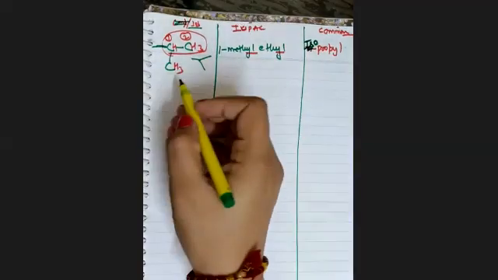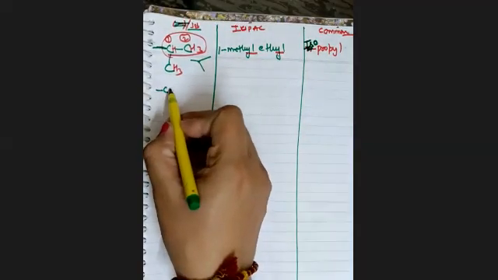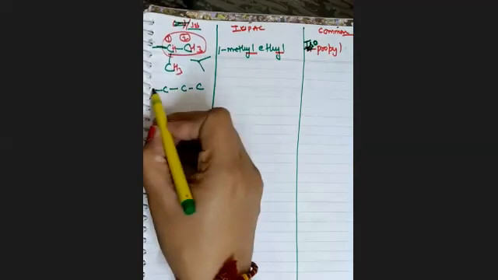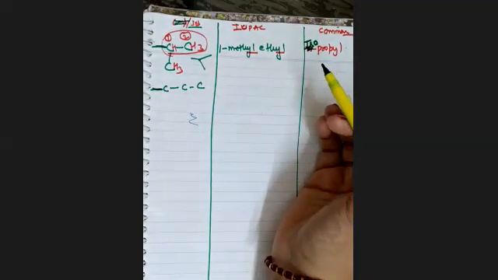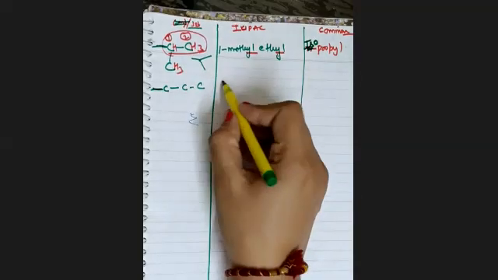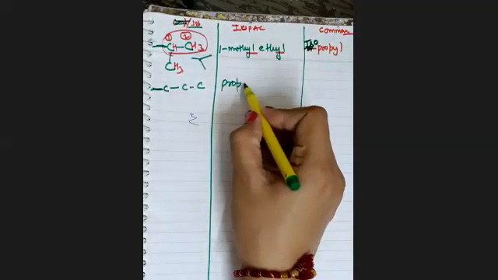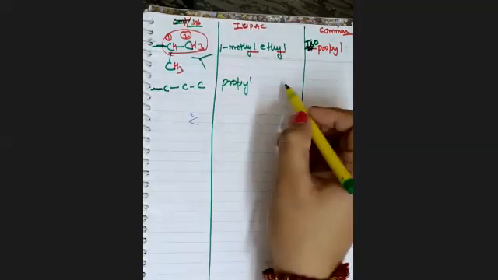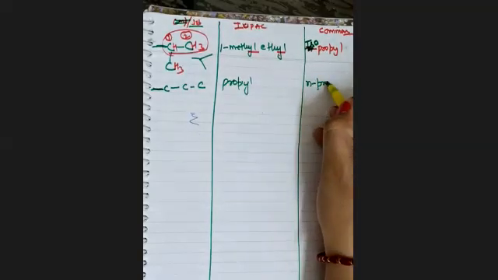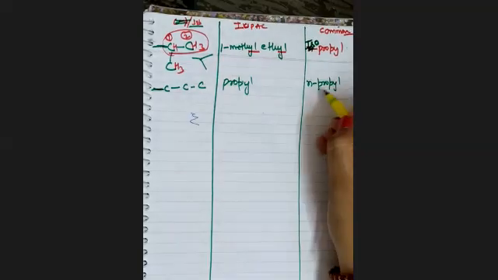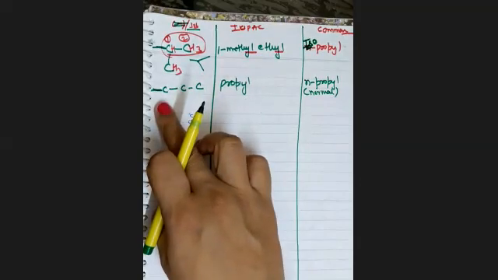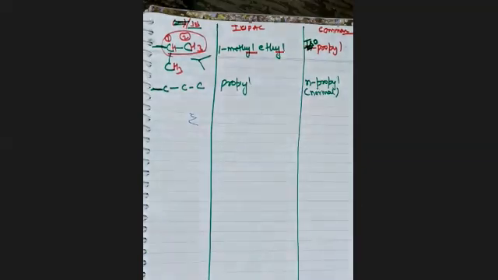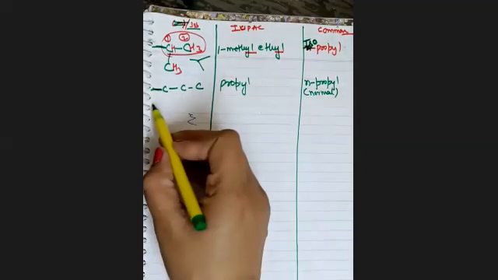Clear? So this will be your isopropyl. Okay. Let's move to the second structure. 1 2 3. When 3 carbons are attached in a straight chain as a substituent, at that time this is known as propyl, simple propyl according to IUPAC. But N-propyl, N means normal. This is like a normal propyl chain which is attached with the main chain as a substituent. Clear?